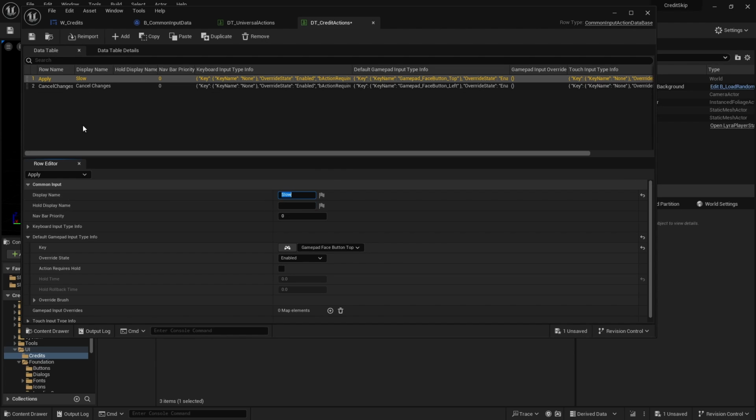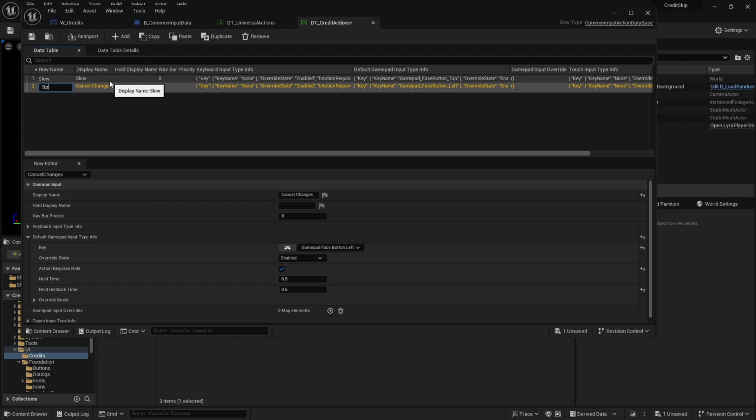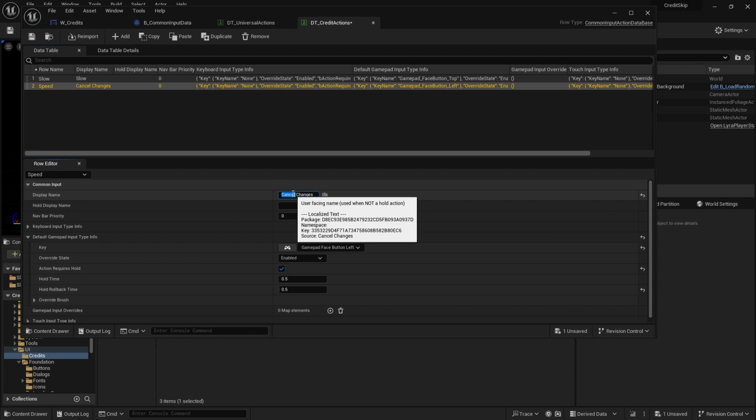Okay, and then display name. Oh, that is the display name, that's right. I'll rename this row. So rename slow. I'll rename this one to speed. So rename speed. And then speed, so that it all fits nicely.